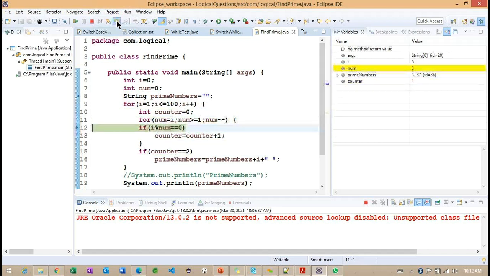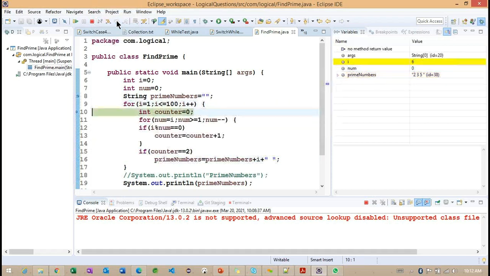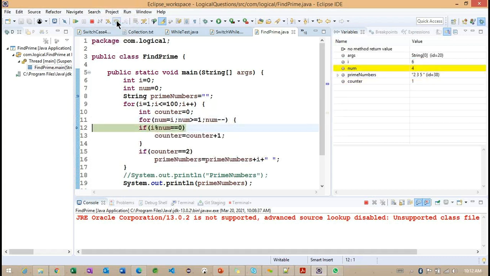Same like 5. You can observe here, 5 is also a prime number. 6 is not a prime number. You can observe here.